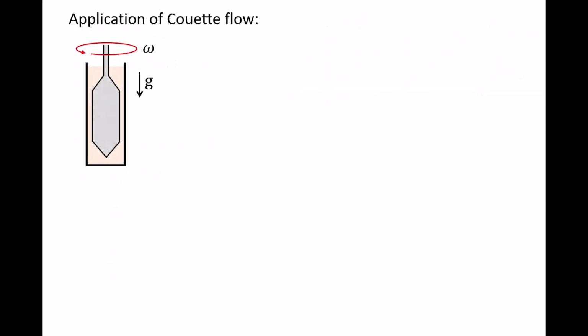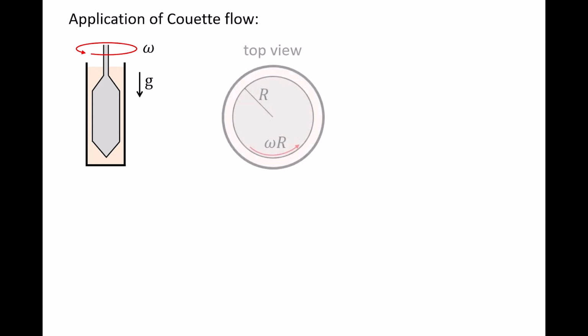One application of Couette flow is in the determination of the viscosity of liquids. One method for measuring the viscosity of liquids involves a cylindrical spindle rotating at a constant angular speed omega inside a cylindrical tube that contains a liquid. The outer tube is a fixed surface, while the spindle has a surface that moves at a constant speed. Here is a view from above showing the spindle radius r and the speed at the spindle surface, which is